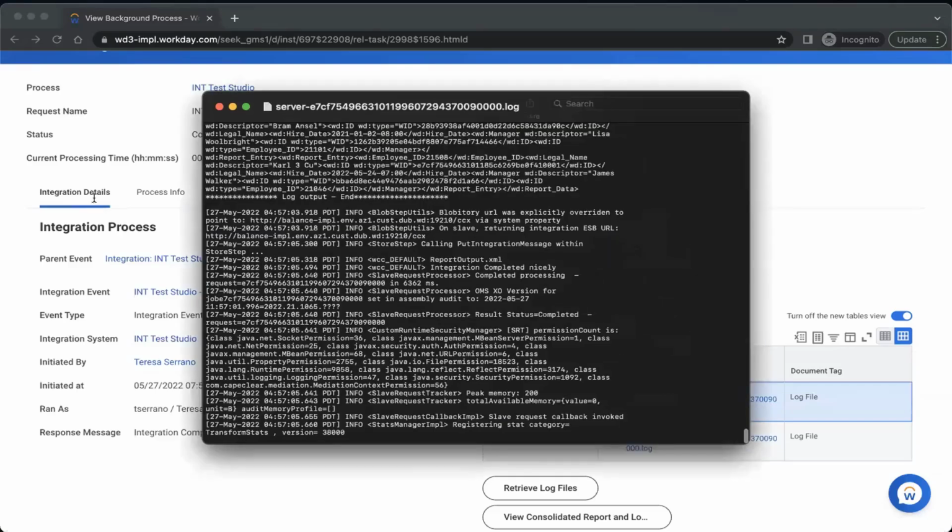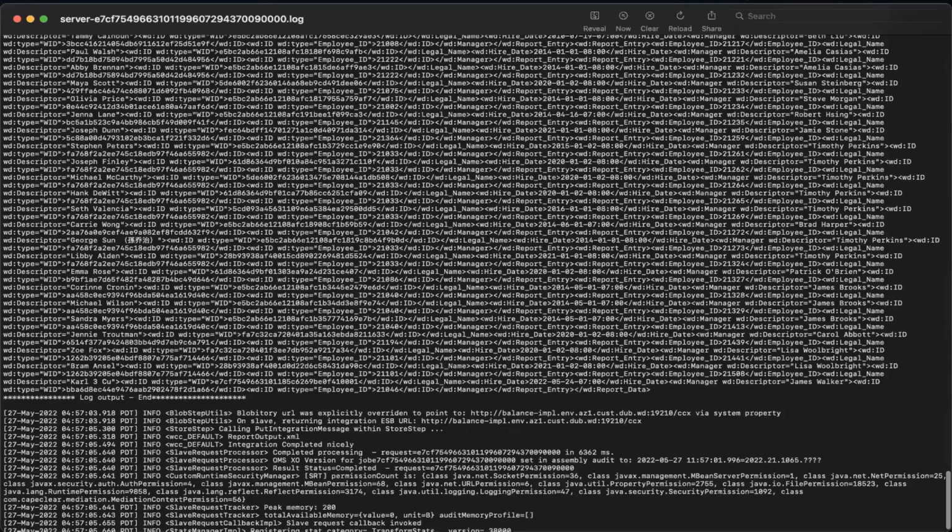This whole stuff is the content of the file, so it is all that XML. So that's how you call your report.